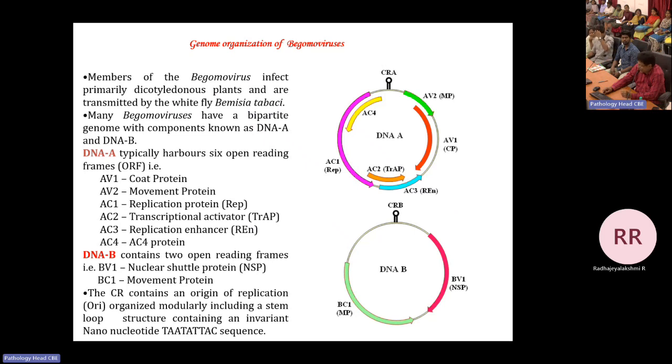So far, I don't know anybody has got the infection with DNA A alone or DNA B alone. So you have to mix DNA A and DNA B in this case. I think in tomato you can get partial symptoms with the DNA A. If you mix with DNA B, you get more symptoms. But here in pulses, so far, if we inoculate DNA A, we don't get symptoms. If you inoculate B, we don't get symptoms. If you mix A and B only, we can get the symptoms.